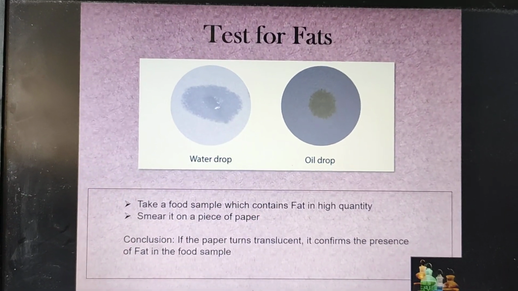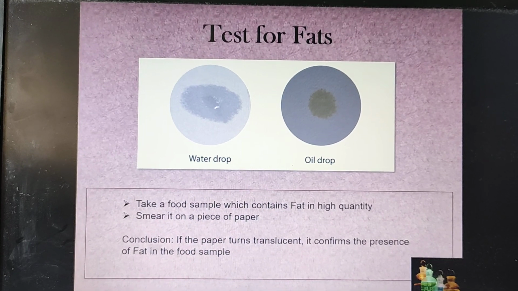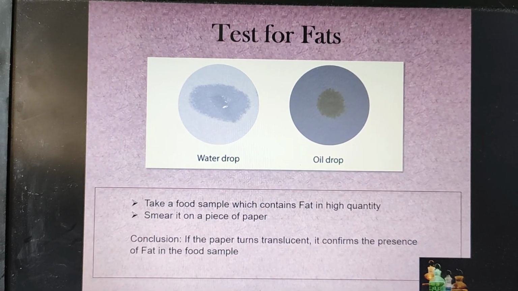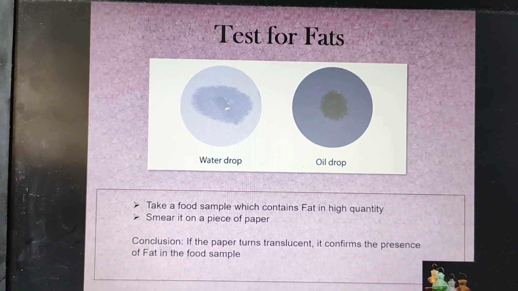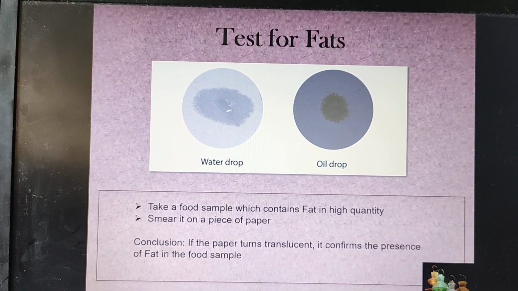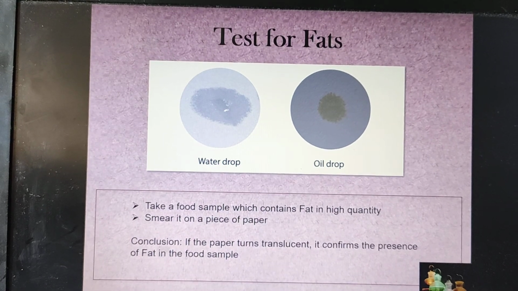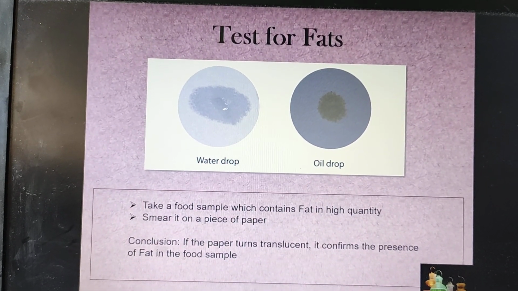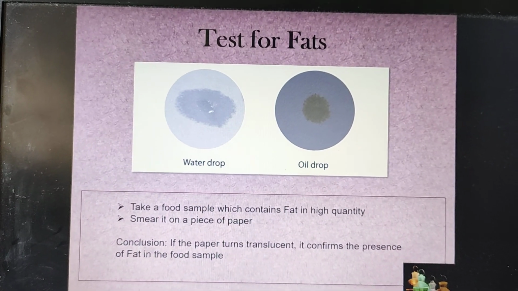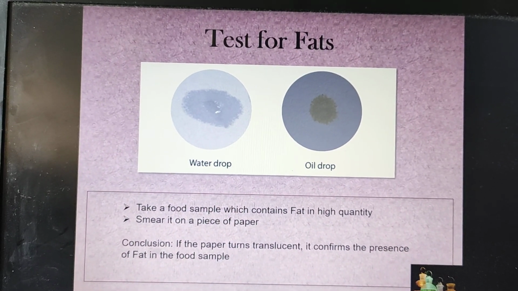Moving next is the test for fats. This is a very easy process which you can do right now at home at the end of this presentation. All you need to do is take a paper and add a food sample, something like ghee and oil would be the best. Smear it on the paper and notice how the paper area where you've added the fat becomes